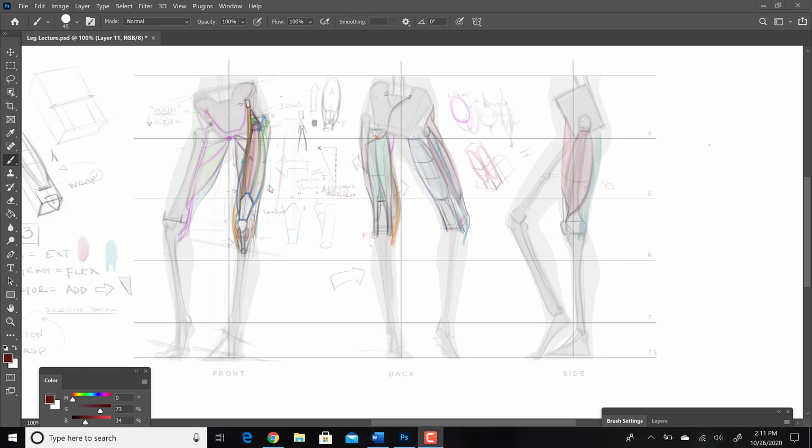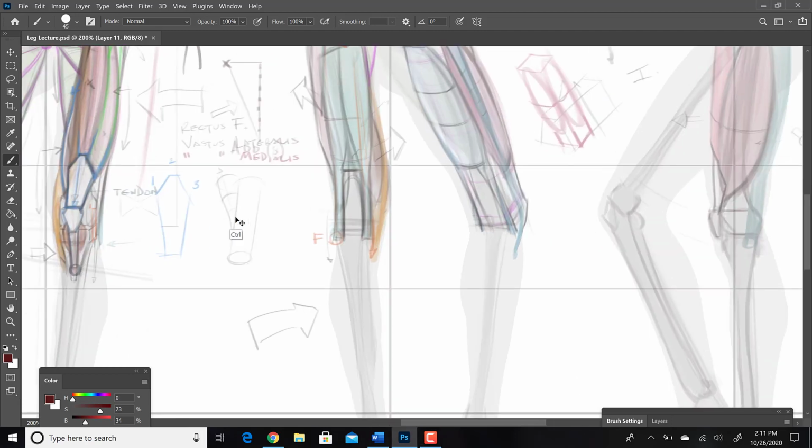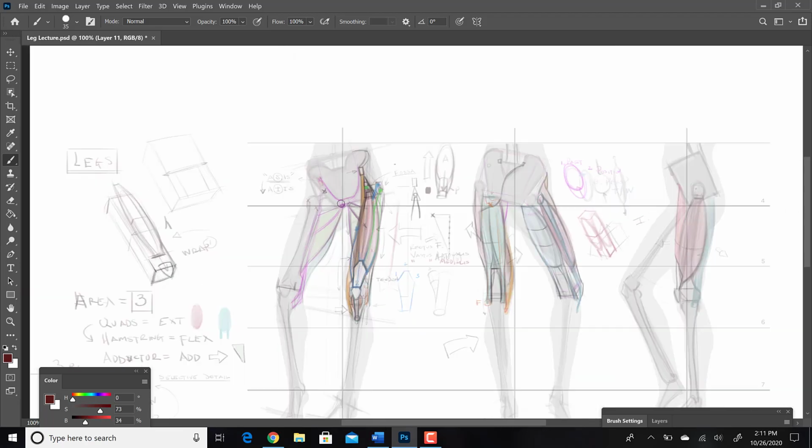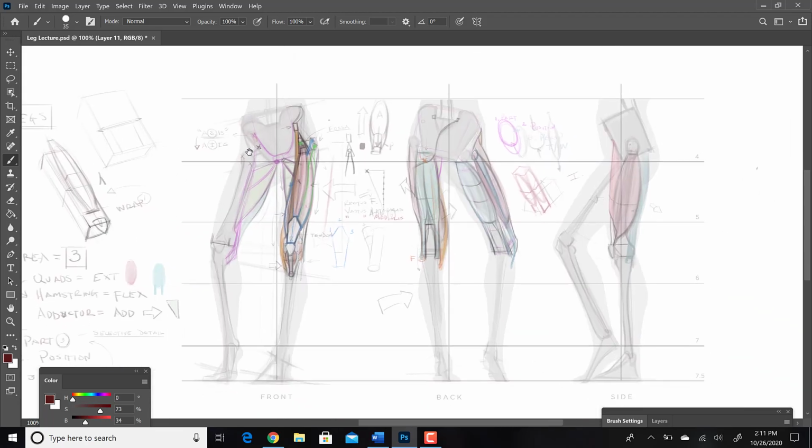All right, this week we're going to go over the lower leg. So what we have here is the images from last week. Just to start out, I'm going to fill in some of what's missing. So we do have here our leg, the weight-bearing side, and then in the Zoom Q&A, we filled in some of the other side here. But I'm just going to put on the hip and a few other things,